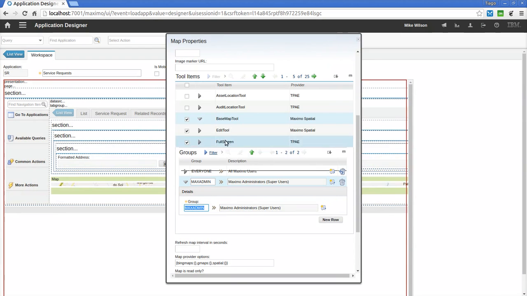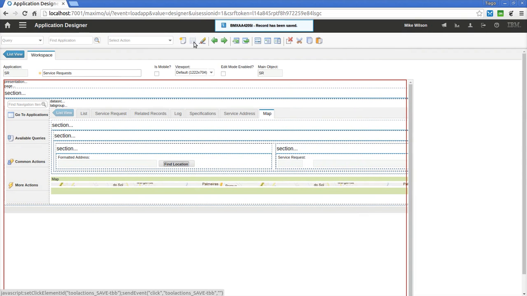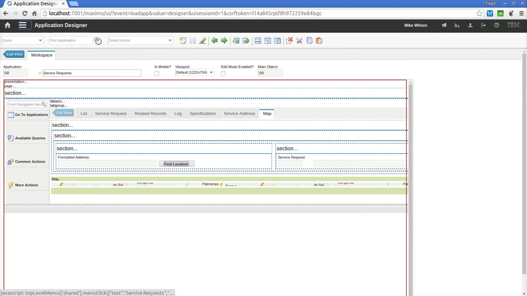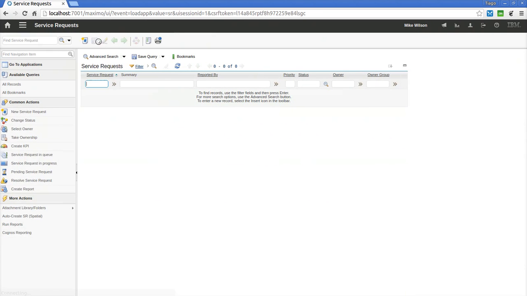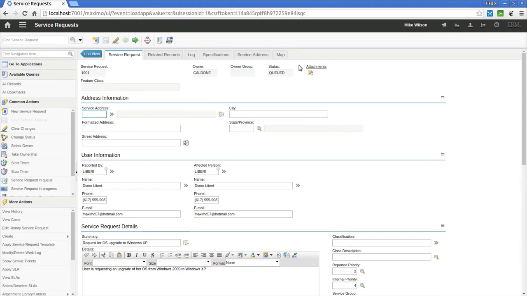Okay. So base map tool will only be available for the users who have this group in our security groups. Okay. Mike Wilson, which is the user that I'm using here, is an admin user. So I will close this dialog, save the application, and now I will open the service request application. Open and register, click on the map tab,